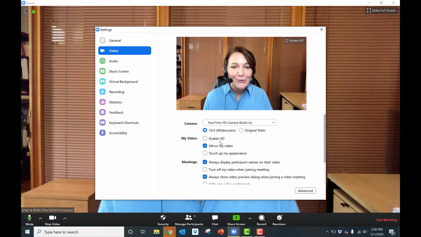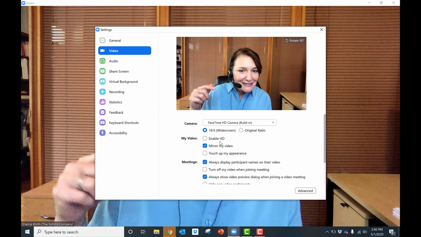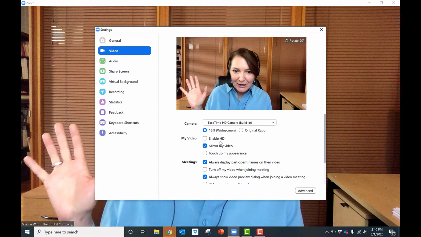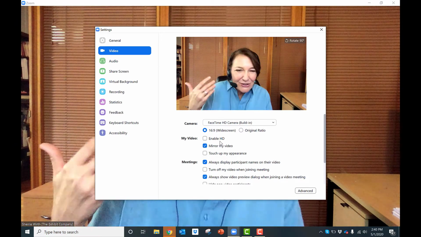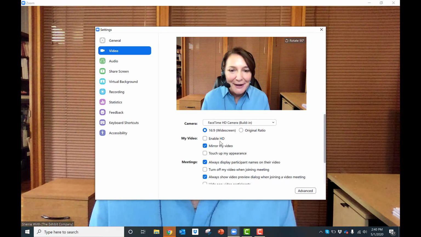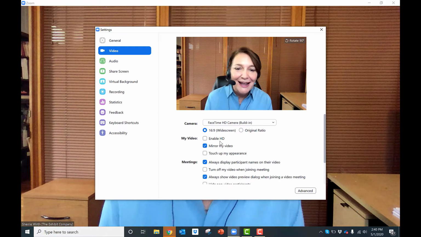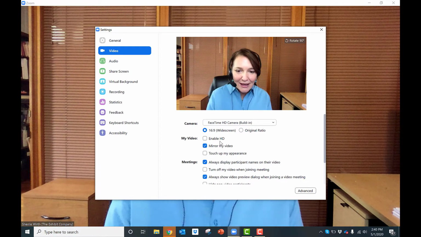And then this brings up your little preview panel, and it's a good idea to do this just to check what's in your background. Even if you're not doing a virtual background, just look around and see how you look, see how your lighting looks. There's other courses on lighting out there, but for this, I just want to show you how to change your